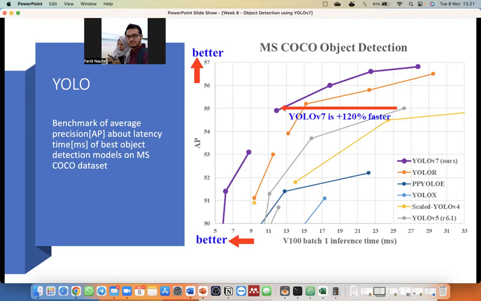We have six different object detection algorithms here, and YOLO is the best algorithm, with the best average precision. Actually, YOLO version 7 is the best algorithm that has the best average precision and requires less time, compared with any other algorithm. This one is also YOLO, and this one too.